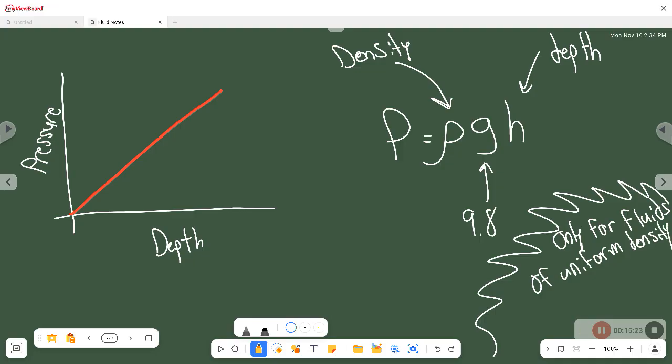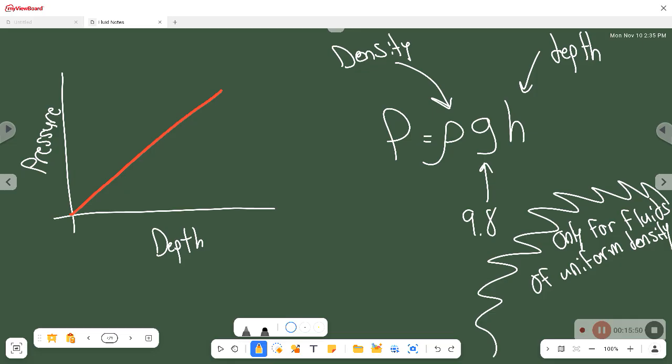Pretty much all of the fluids we'll talk about in this class are of uniform density, so you don't have to worry about that. But this equation doesn't work if you have a fluid that is changing density throughout. Like the ocean, most of it's going to be of similar density, but there are some parts that are more dense, less dense, so we can't use this equation for all parts of the ocean. Okay,